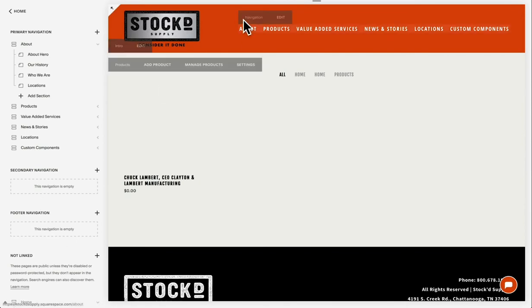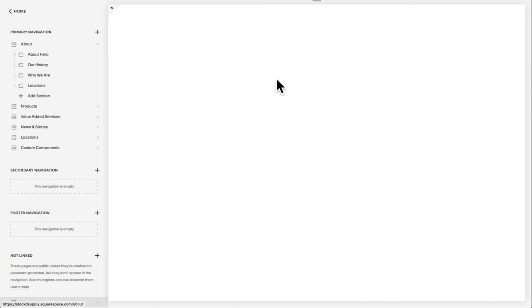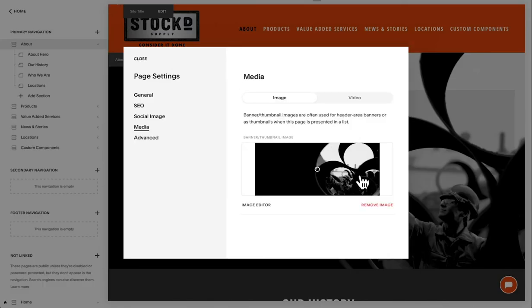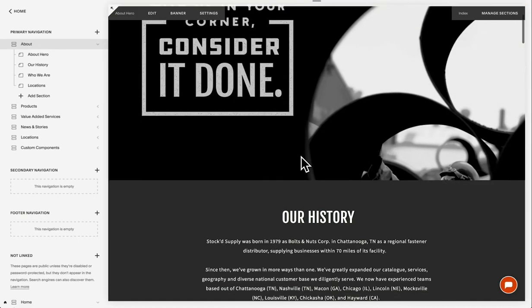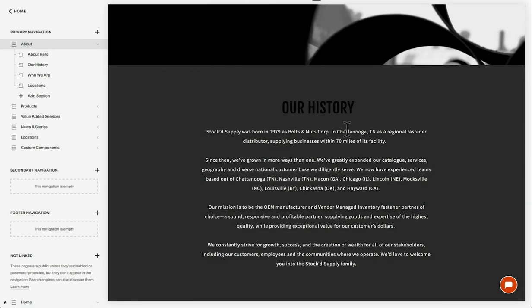And now again, you can also navigate from within here. If we want to click on a navigation, we can go to About. And this follows the same kind of design. If we hit Edit here, we're talking about the hero. This is an image. There's a background image. If you want to edit that background image, you can remove the image and put a new image up. But if we scroll down right here, Edit, this is a nice easy one,